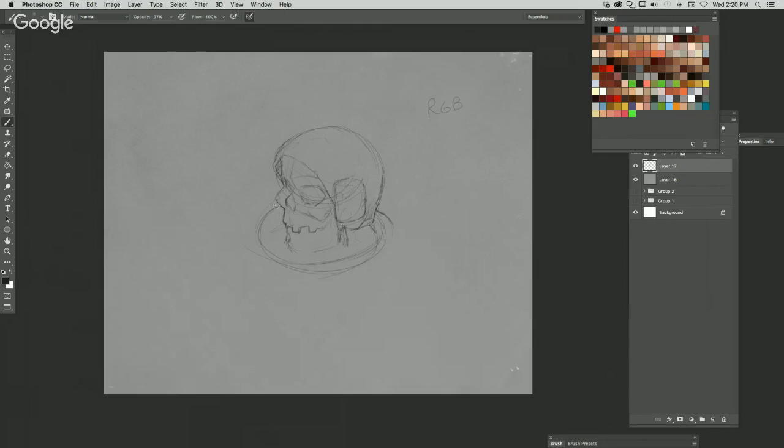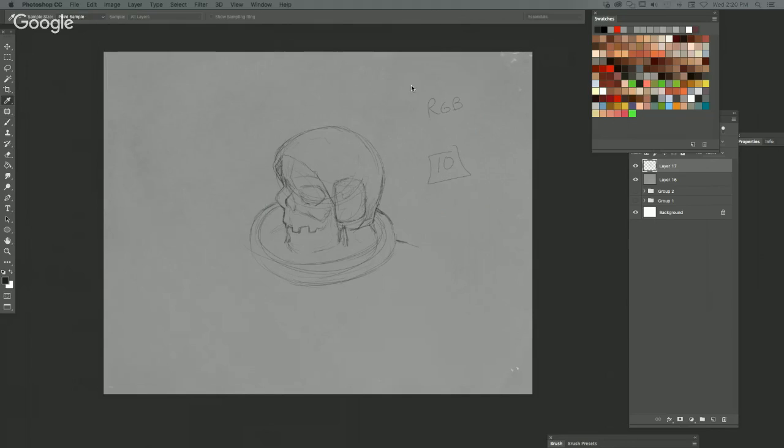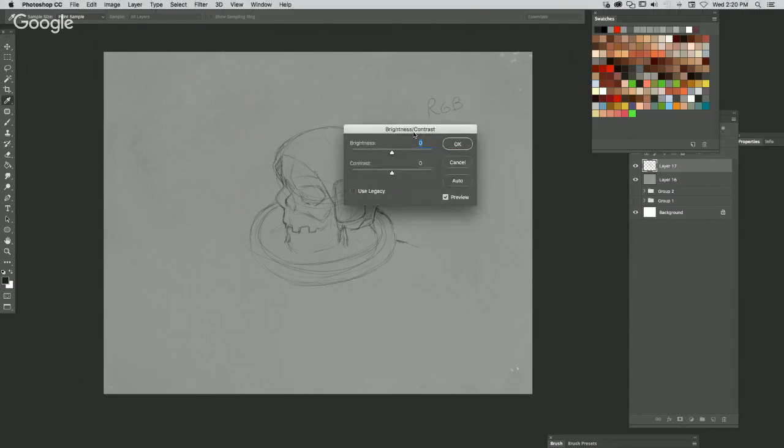And not only that, some printers just can't print such vivid, bright colors, so you have to be careful. But if you have a really nice printer, you're getting them printed at a legit print house, then you should be okay. But I would always do some test runs. I always lower the contrast by 10 points on the levels of contrast. So I'll go to image, adjustment, brightness, contrast. Oops, it's on my other screen. Let me pull it over. So I usually turn this down by like 10.